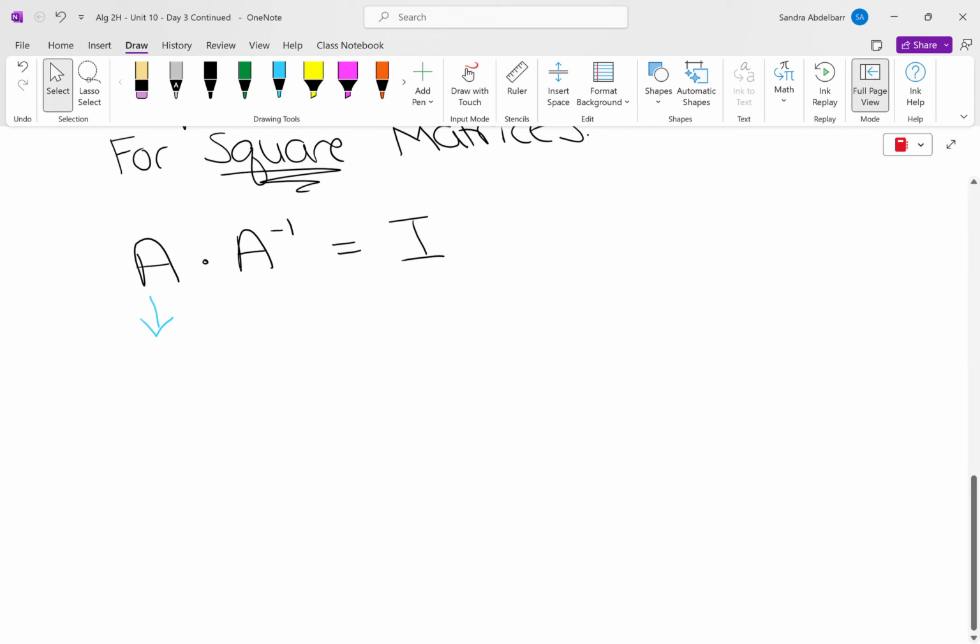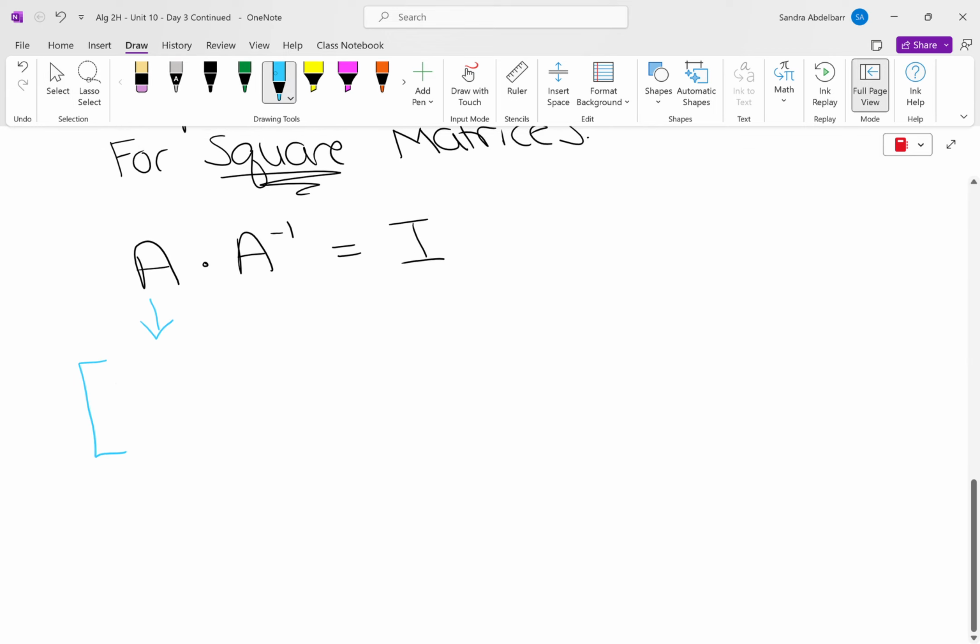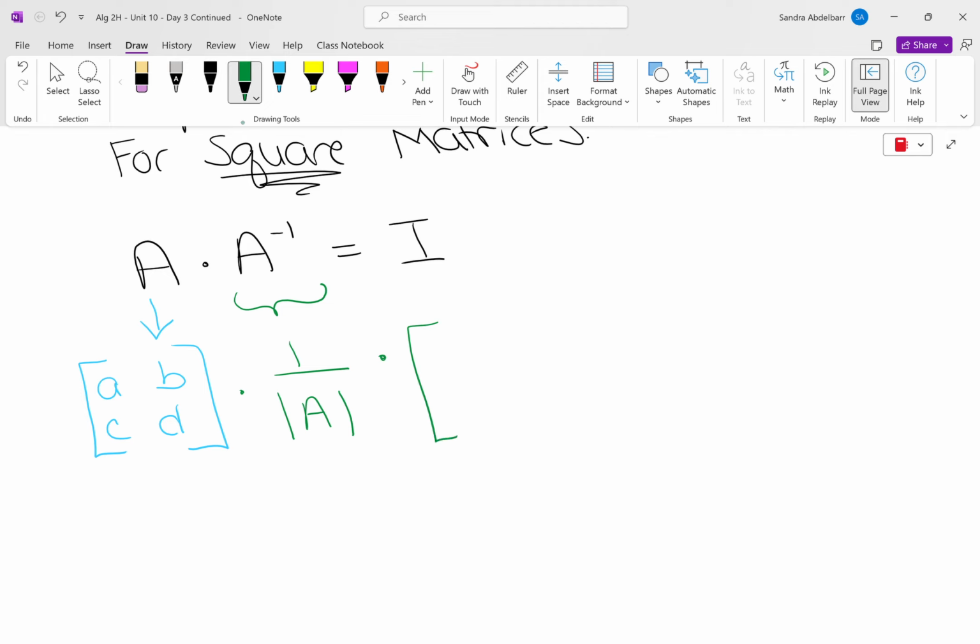So let's say I told you matrix A is A, B, C, D elements. So now to find the inverse of that matrix, we ready for this? The inverse of that matrix is going to be 1 over the determinant of matrix A times,